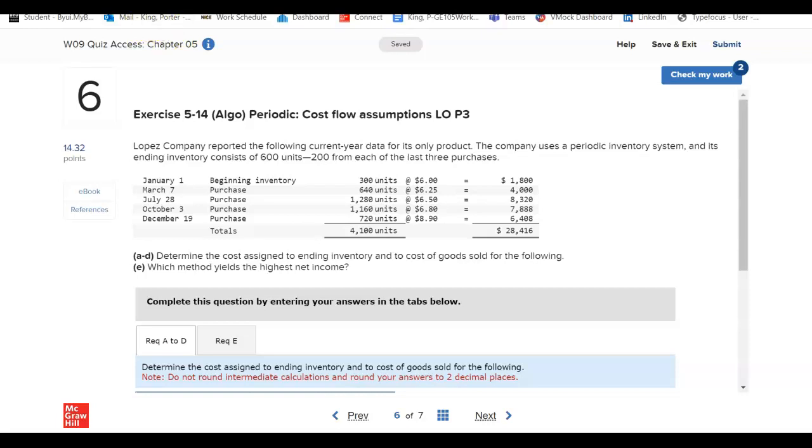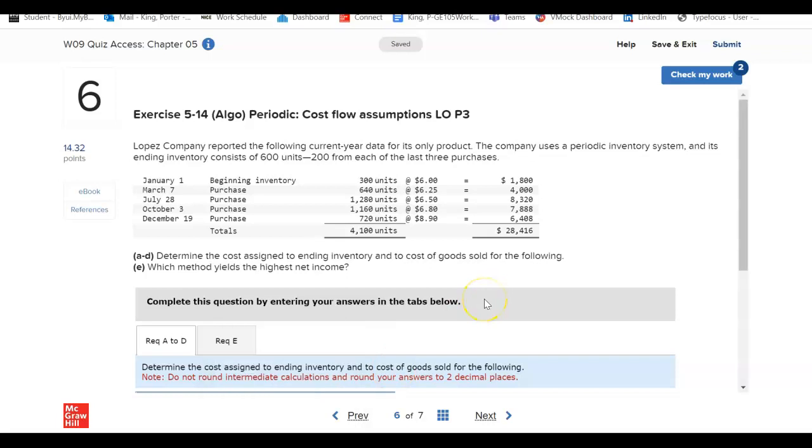Alright, perfect. We are going to go ahead and jump into this week's problem of the Quiz Access Chapter 5. We got question 6 here. And it says, Lopez Company reported the following current year data for its only product. The company uses a periodic inventory system, and its ending inventory consists of 600 units, 200 from each of the last 3 purchases. So we've got our table of information here with units, and we're going to go ahead and